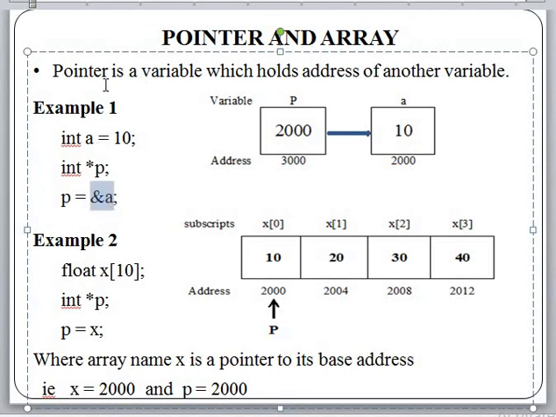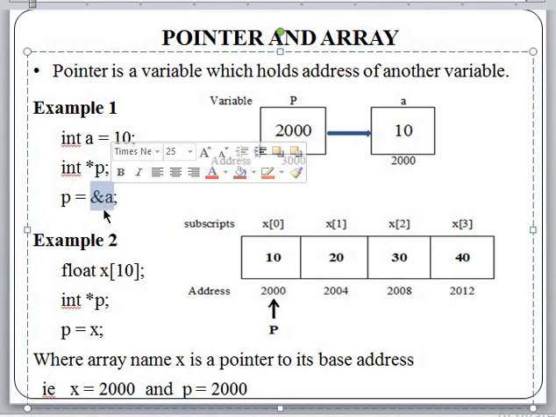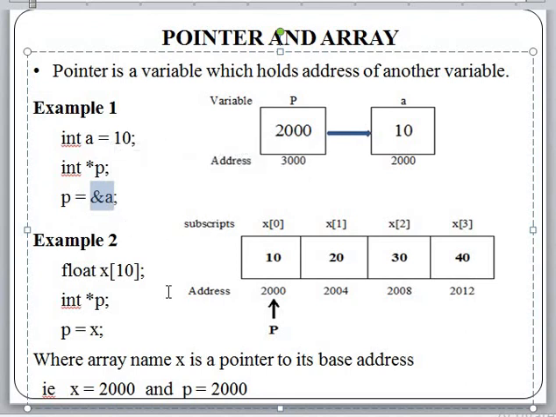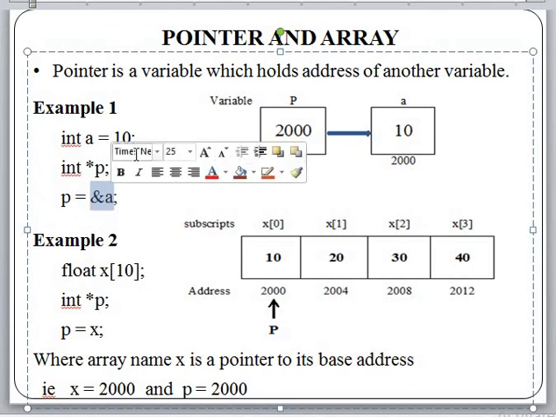As I mentioned, a pointer is a variable which holds the address of another variable. So star p is a pointer, and it is assigned the address of another variable, that is ampersand a. If I say a, it is 10, but ampersand a is nothing but the address of a, so p will hold the address of 10.